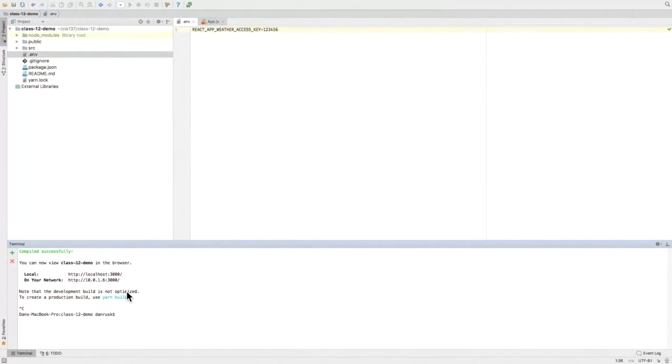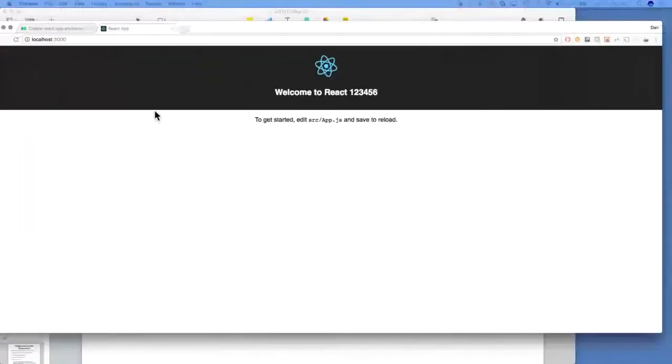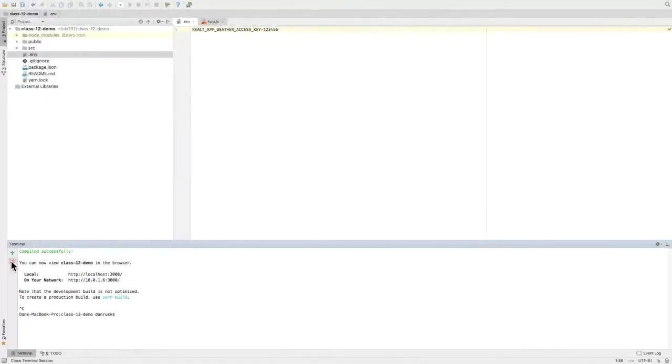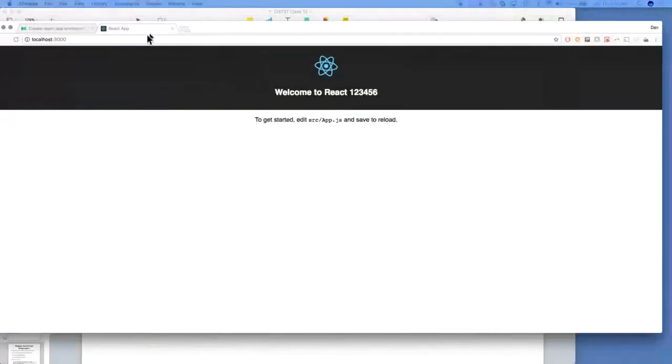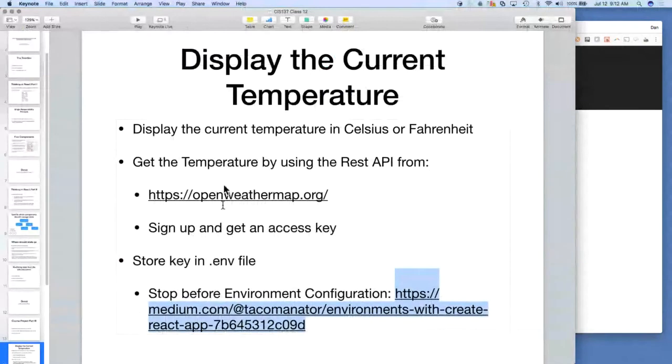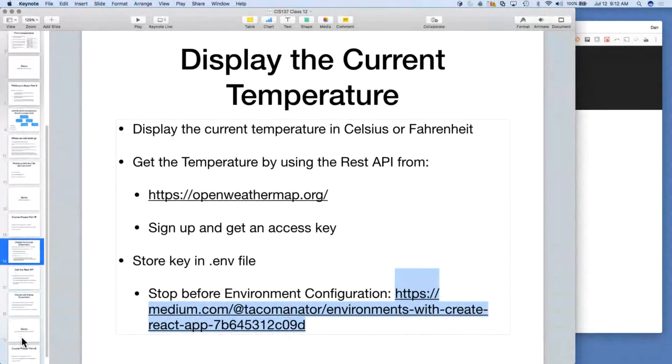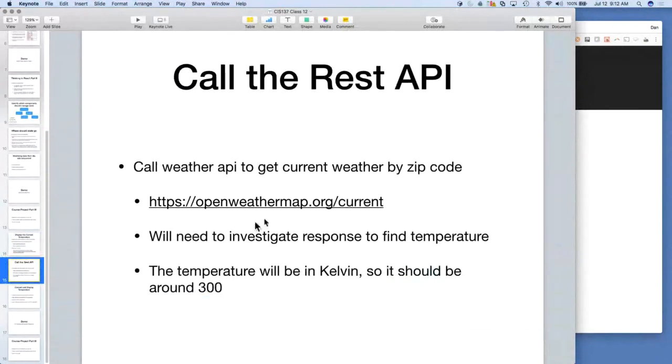1, 2, 3, 4, 5, 6. Again, if you want to stop your project down here, Control C. I don't know if I've said that. Or you can hit this red X, but Control C is better because it just keeps you in that terminal. Okay,